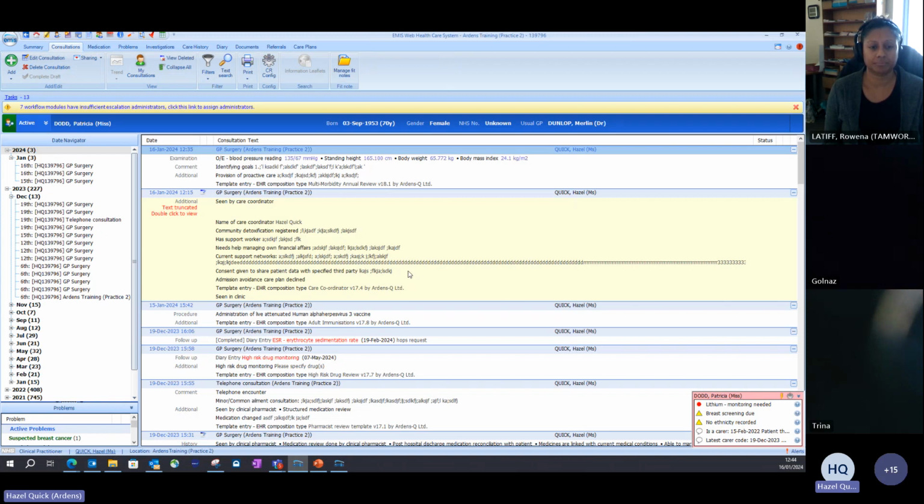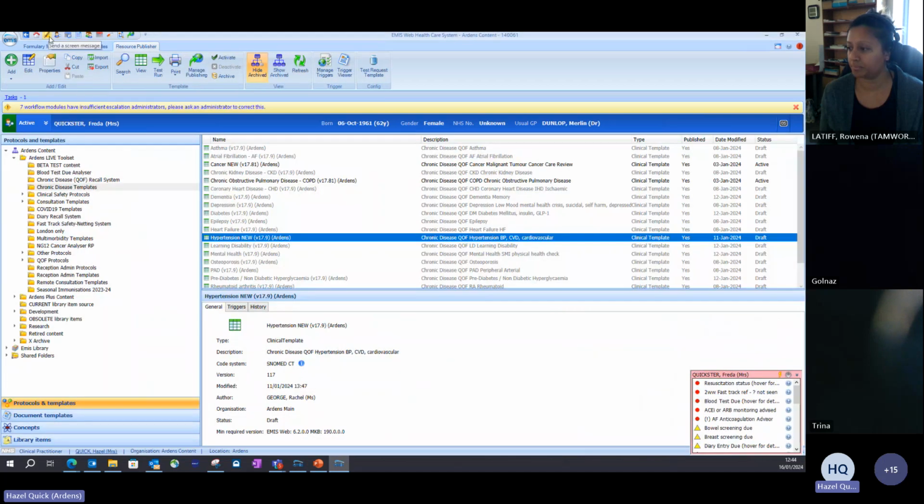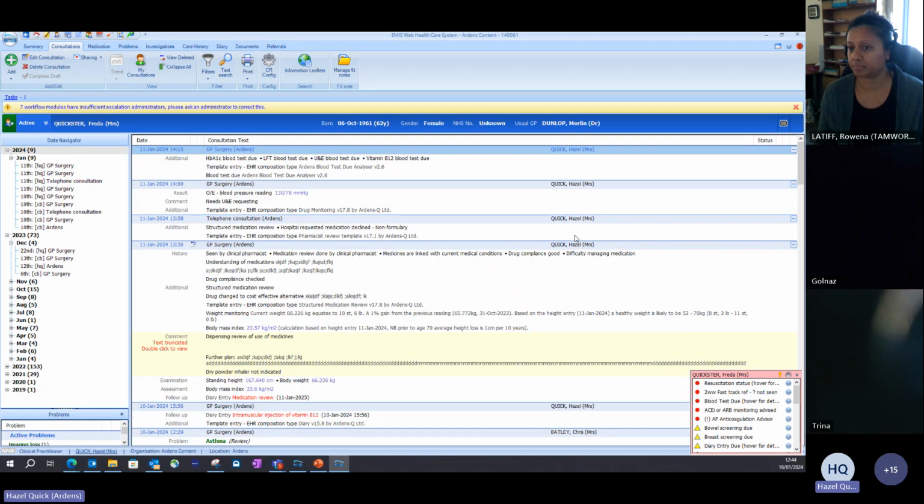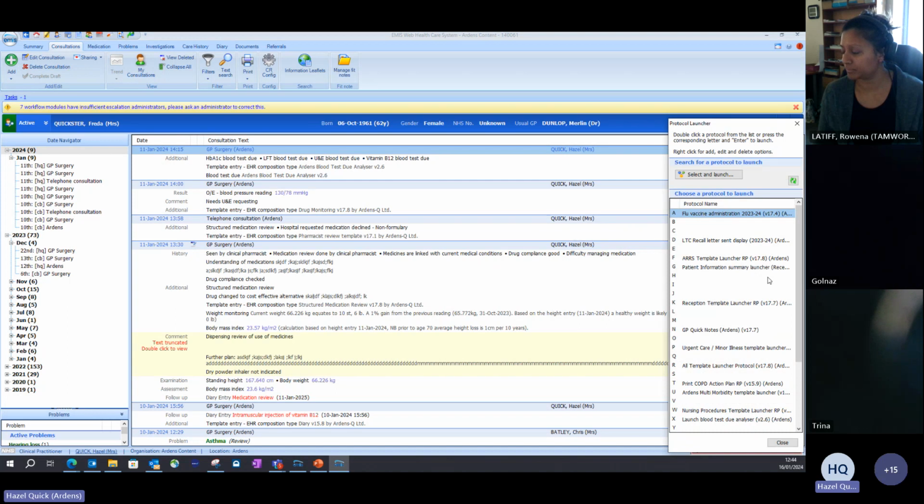The other way is adding a template launcher to your F12 screen. So quite a lot of people like the F12. The F12 is a button on your keyboard, so you just press it. Okay, F12 on my keyboard. And what we have is an ARRS template launcher. So you will all need to add this to your F12 key individually. You only need to add it